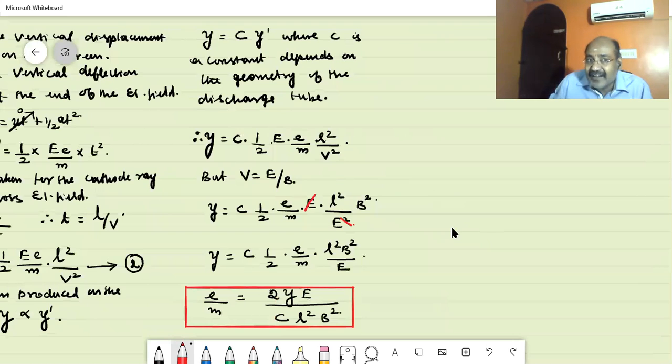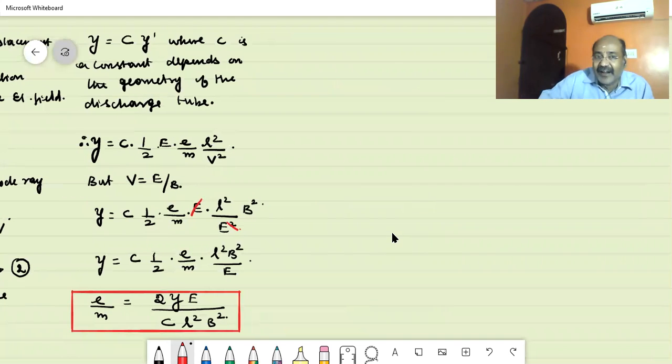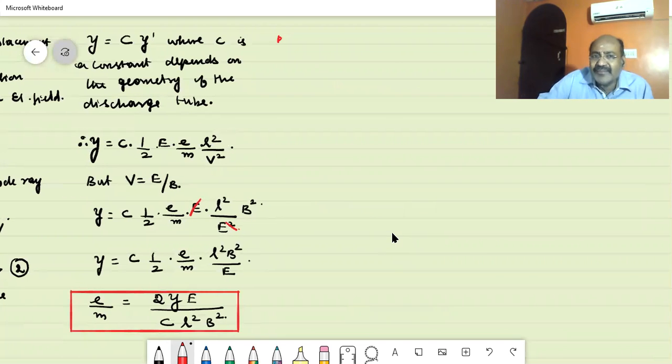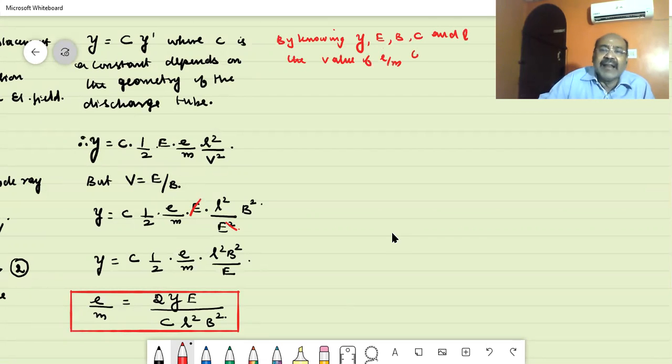Any difficulty? So we can conclude. How can we conclude? See, by knowing the amount of displacement produced on the screen Y, the applied electrical field E, the applied magnetic field B, the constant C, the length of the plate L, by knowing all these, the value of e by m can be determined,